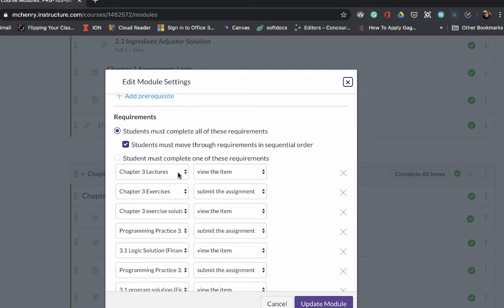That doesn't make them actually have to watch them. They have to submit the assignment, and then they get the solution. And then they're supposed to actually go back and fix it if they get anything wrong. And usually people have like 1 or 2 things to fix, and then they can go on and do the 3.1. And this, they have to plan their logic, they hand that in, and they actually have a solution showing